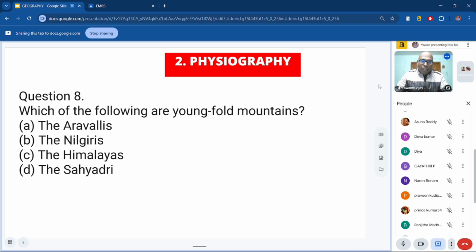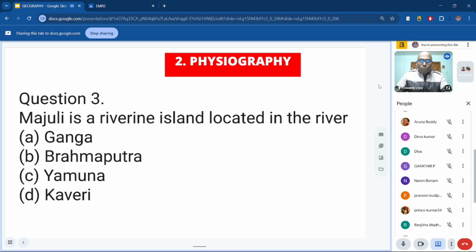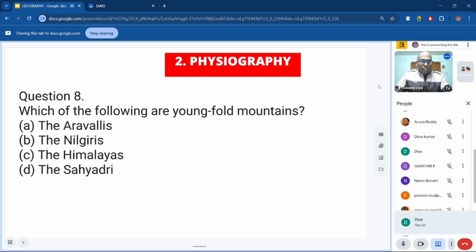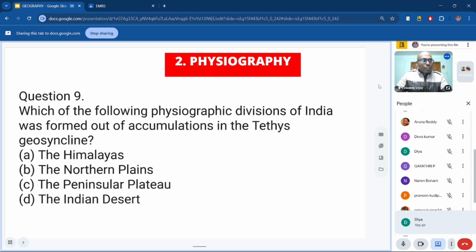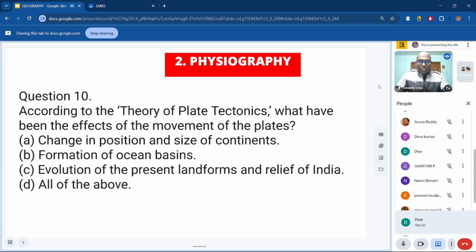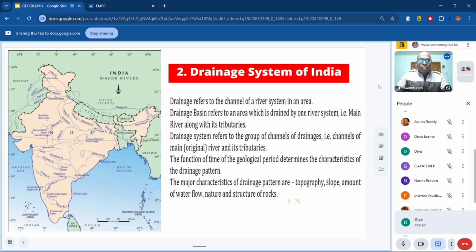So let us stop here, and we completed 2 parts of Indian geography. The first part is India size and location, and the second part is physiography. So tomorrow we'll start with the drainage system, and if possible we'll complete it tomorrow because on Thursday Smita ma'am will take the reasoning ability class, and we'll see to complete the entire general awareness GK part this week, so that next week we can start with the teaching aptitude, because